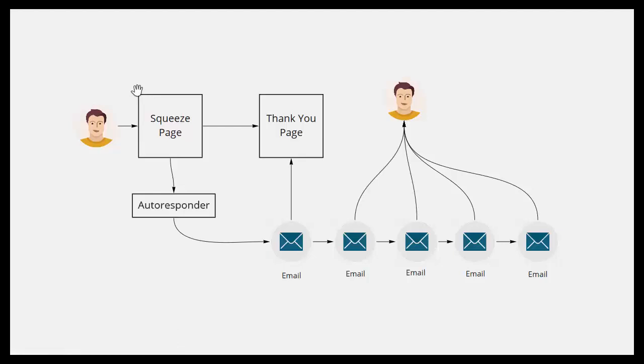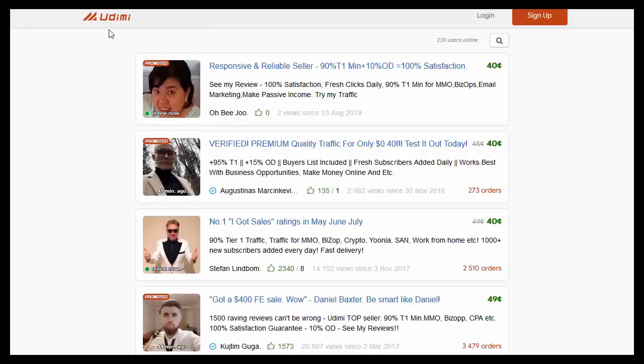Now, traffic will vary quite a lot depending on the niche that you're in. In this example, I'm going to assume we're in the make money online niche, so you're building a list of people who want to make money online. I'll talk about other methods in other traffic generation videos within this training series, but for this one, we're going to presume we're in the make money online niche. So the first place to get traffic from is a site called Udemy,